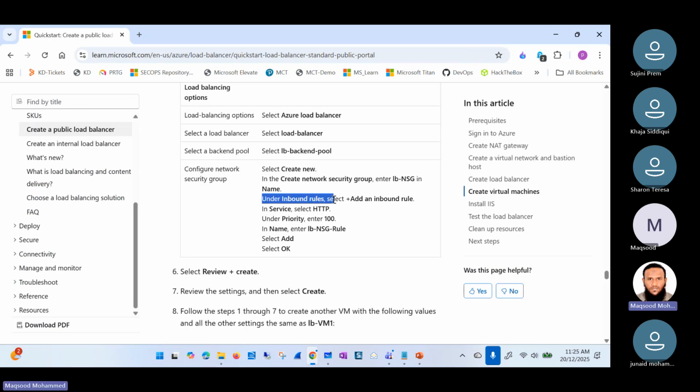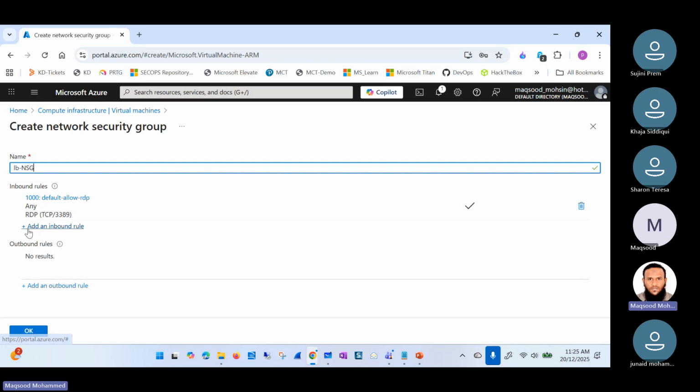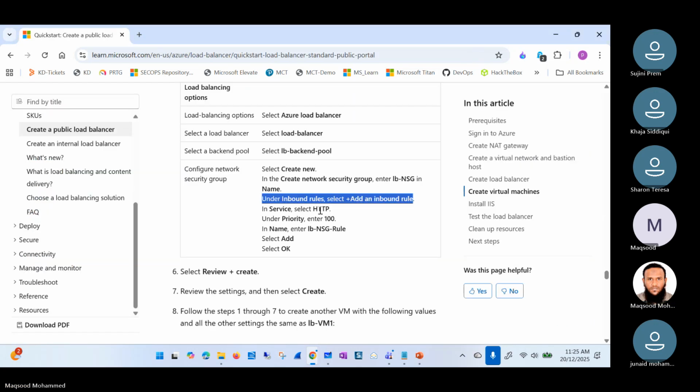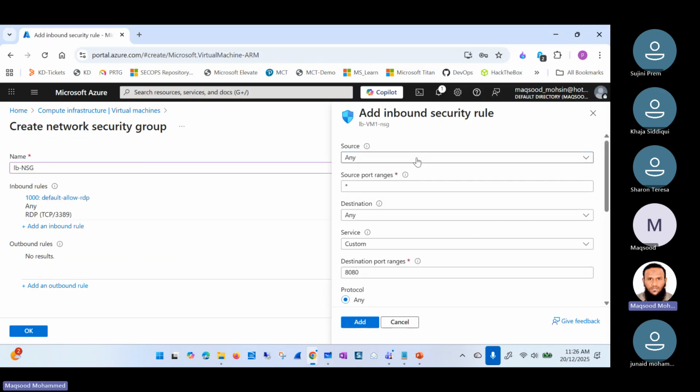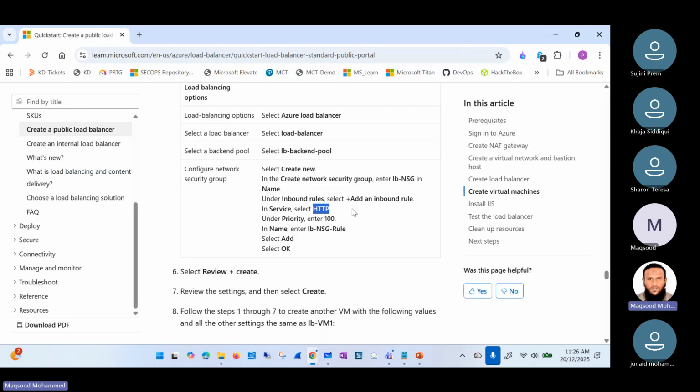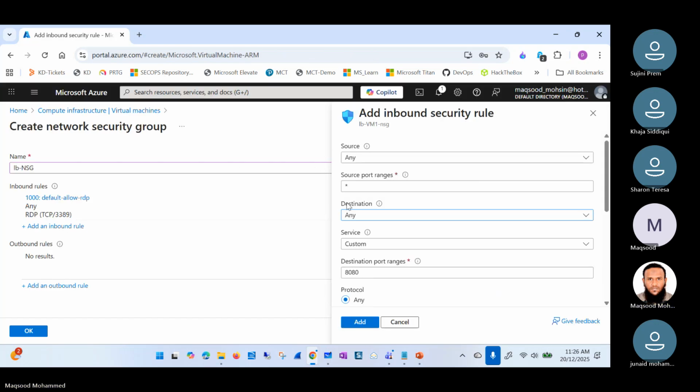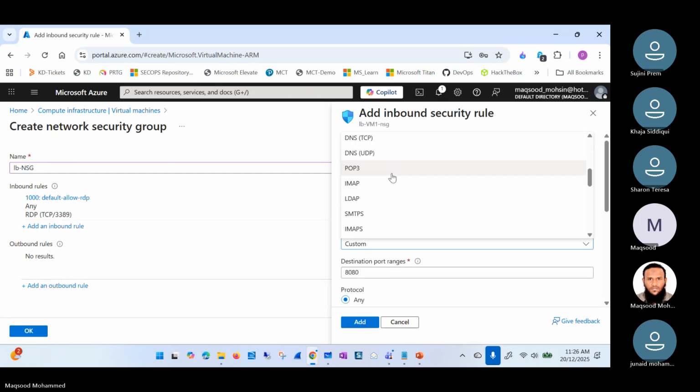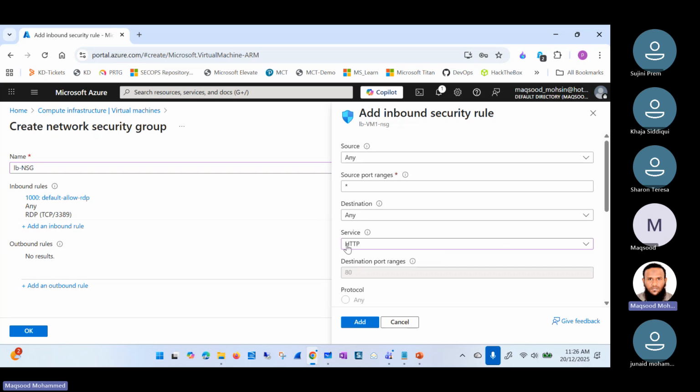Okay, and we are creating inbound rules here. Inbound rule, and the service is HTTP. Source is any. What is this? Add an inbound rule in service, select HTTP. Here, HTTP, right? See, the moment you select this service HTTP, it selects because the default port number for HTTP service